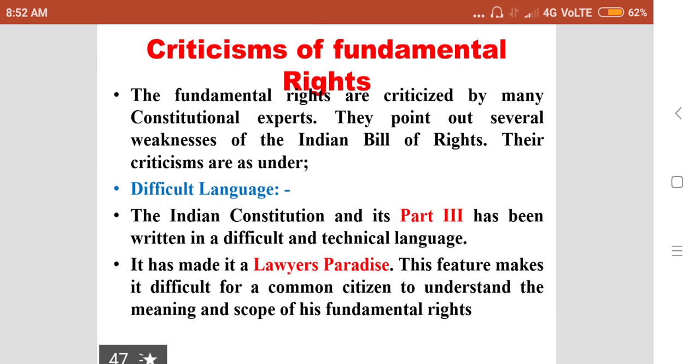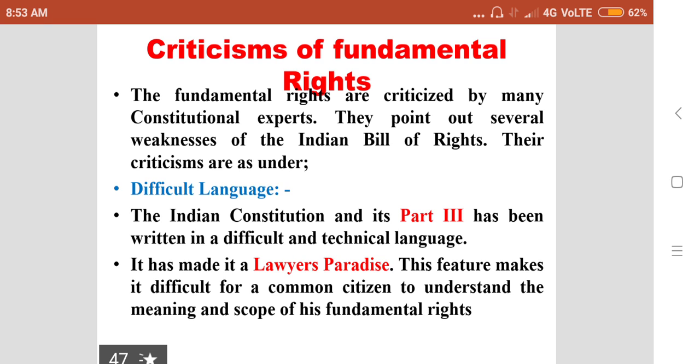Next, criticisms of fundamental rights. So, fundamental rights are fundamental. No court, no parliament has the right to go against the fundamental rights. But all fundamental rights are criticized by the critics on various grounds. The fundamental rights are criticized by many constitutional experts. They point out several weaknesses of the Indian Bill of Rights. Their criticisms are as under: